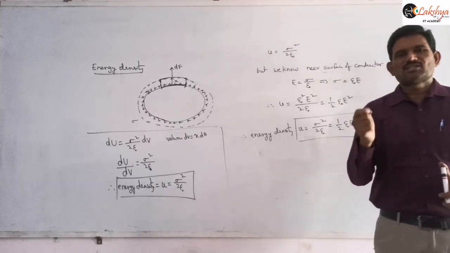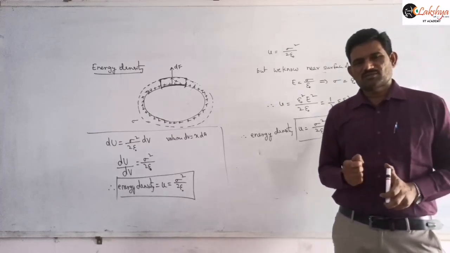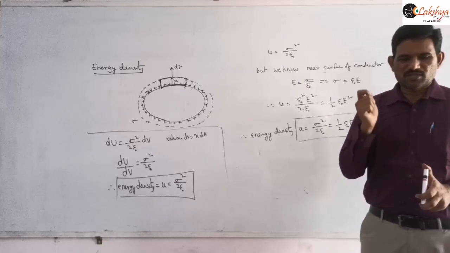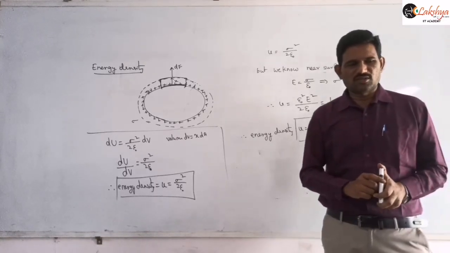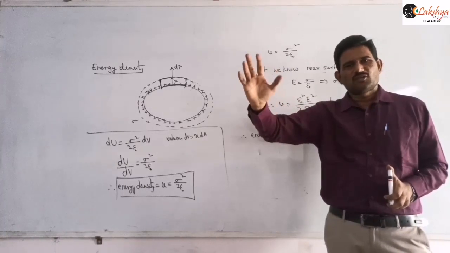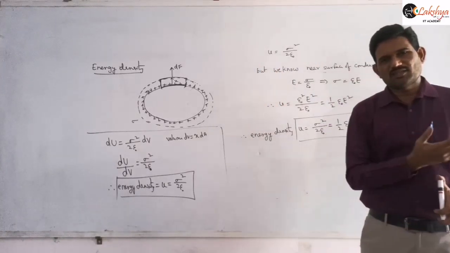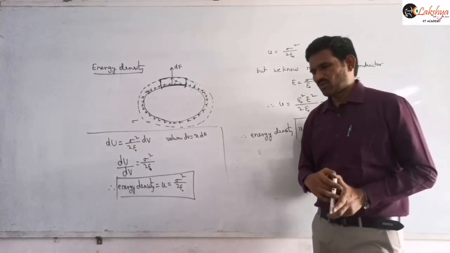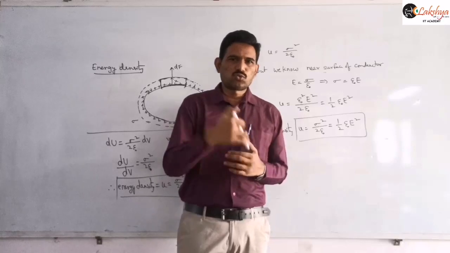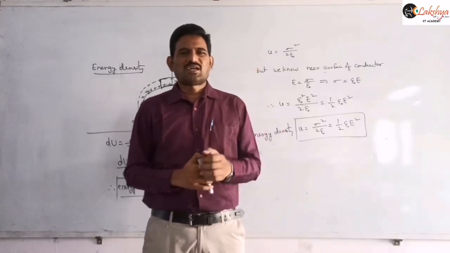Whenever a non-zero electric field is there, definitely some energy will be associated with that field. That means if you place a charged particle in that field, the charged particle will accelerate either in the direction of the field or opposite to the direction of the field. That means the electric field is doing some work. Now, our basic energy definition is that the ability to do work is our energy. So there the field is doing some work.